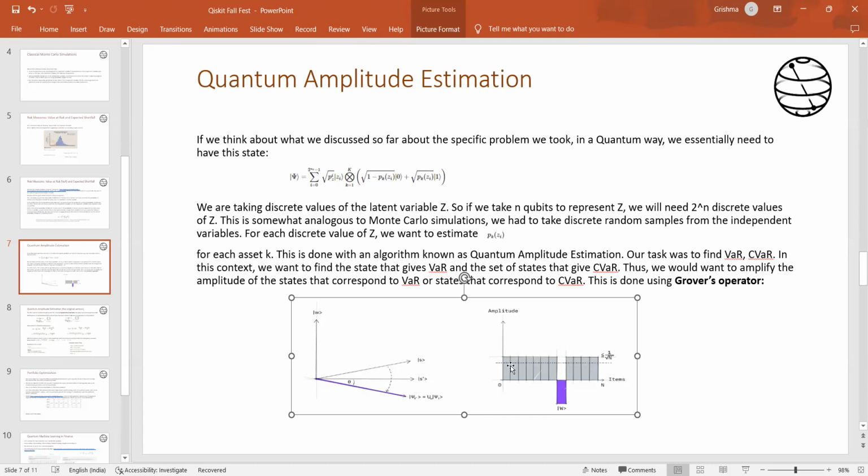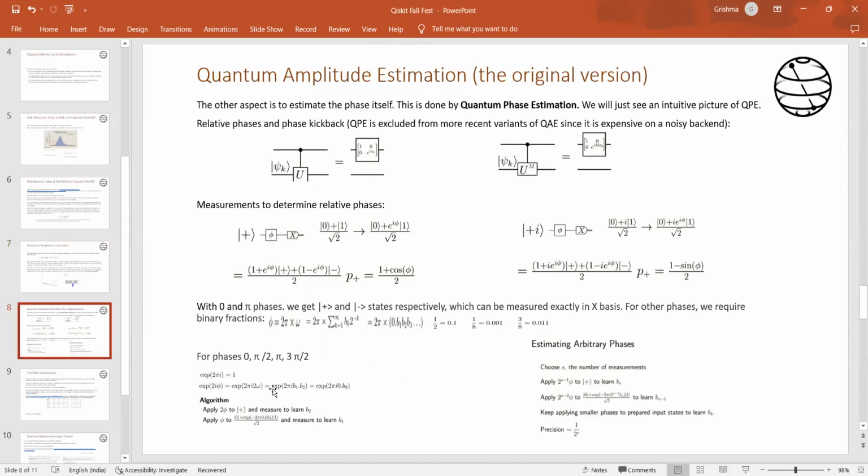So once you do a reflection, your overall superposition, because now it's a superposition of every state, but your amplitudes would come downwards, and that's why this hashed line is what you see here. And then you again reflect it about that hashed line, and your state would actually get amplified above, and that's what would be the state. If you measure it, that's the state that you'll get with the max probability. So yeah, the Qiskit textbook is the resource for learning more about Grover's algorithm.